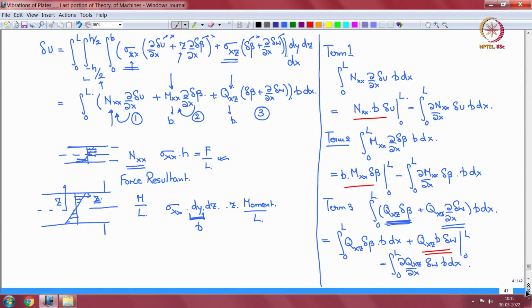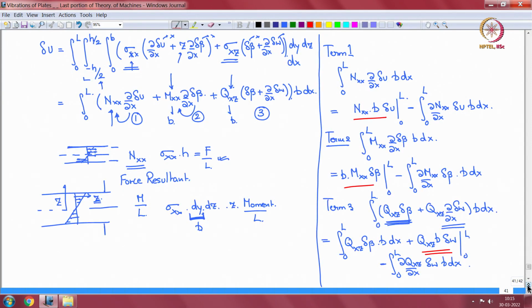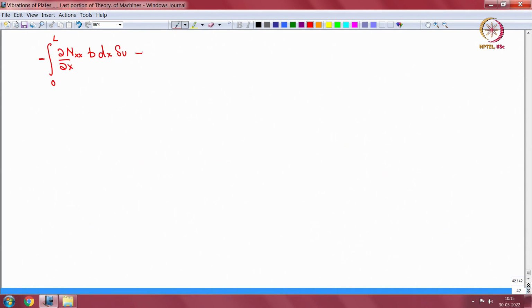Nxx delta u b dx, integral 0 to L with a minus, and then we have minus del mxx del x b dx delta beta, integral 0 to L,